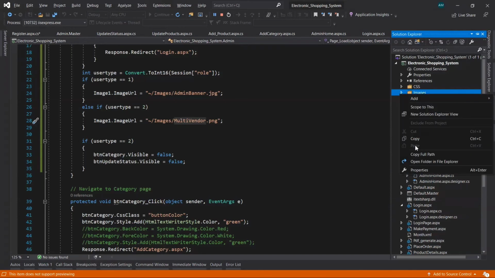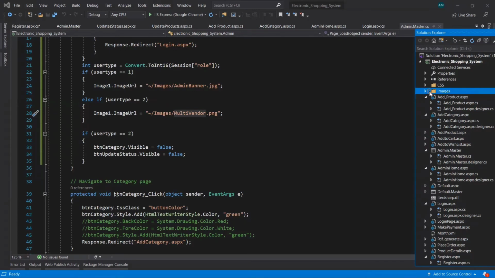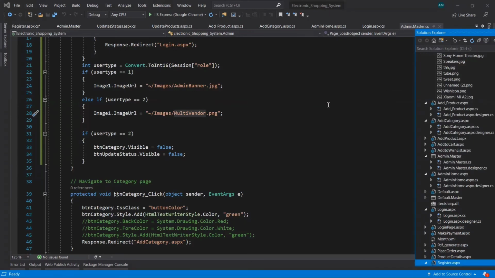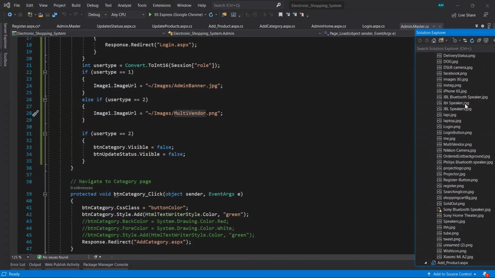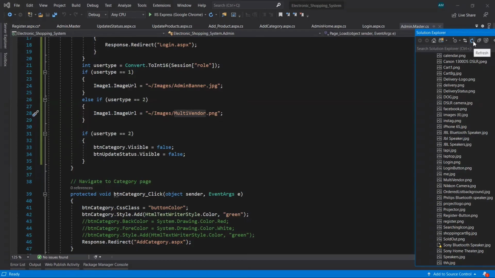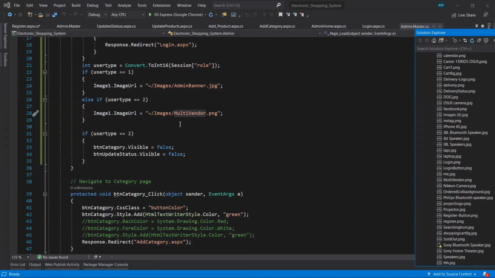I think we can't paste here as I am running this project, so we need to stop it. Now we can paste that image in this folder. Let's save it and run it.